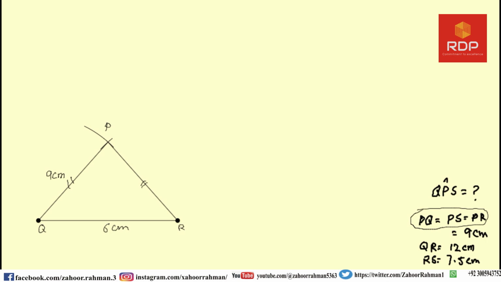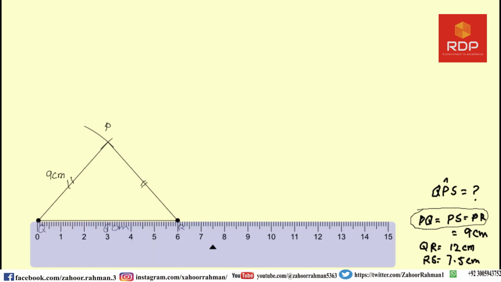Now next they are saying that RS will be equal to 7.5. So if I am taking 7.5, half of it will be 3.75. It will be 3.75. So let us draw a line RS